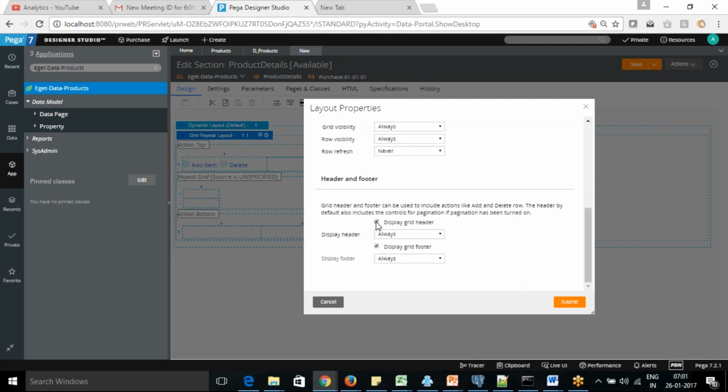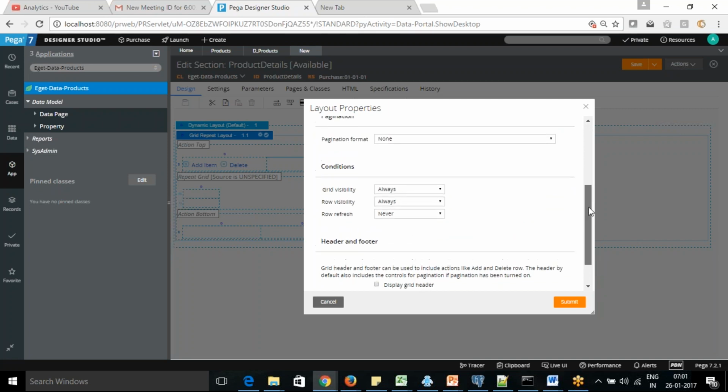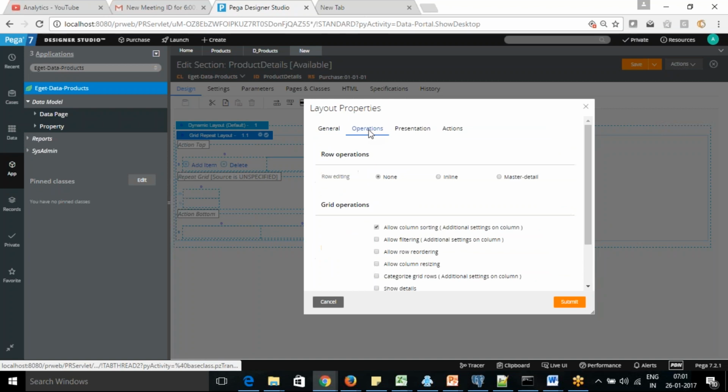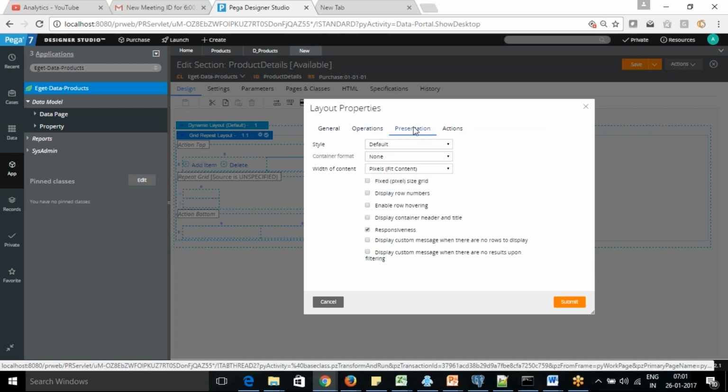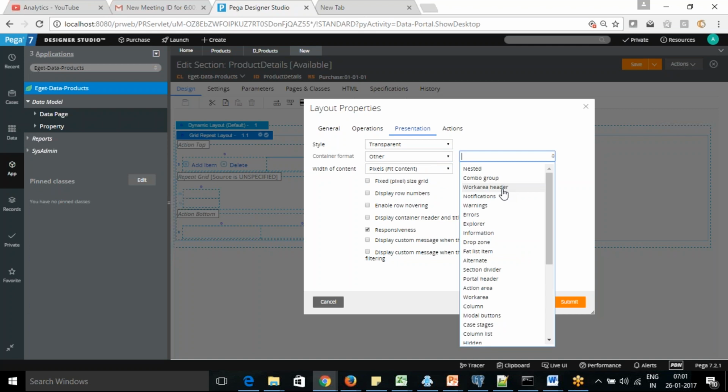You can see that we don't want to display the grid input. Don't need that. Okay. And how do you want to display that? You can say transparent container, or go with other. You can choose some specific format.